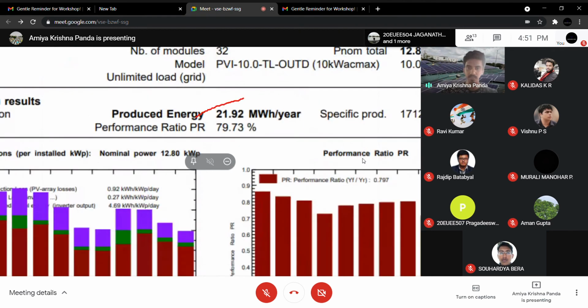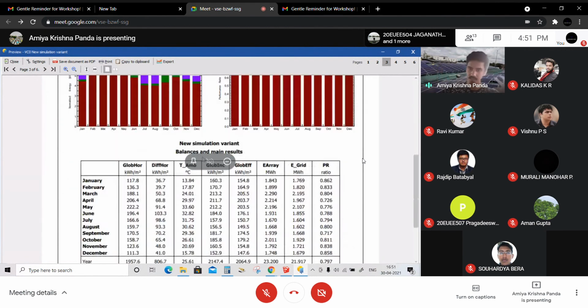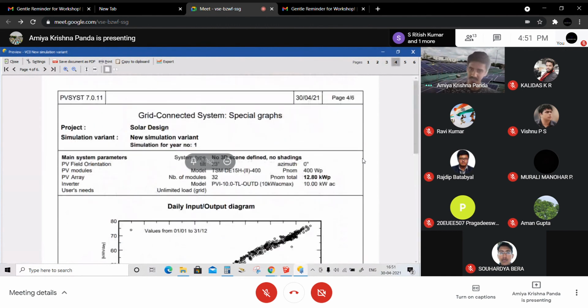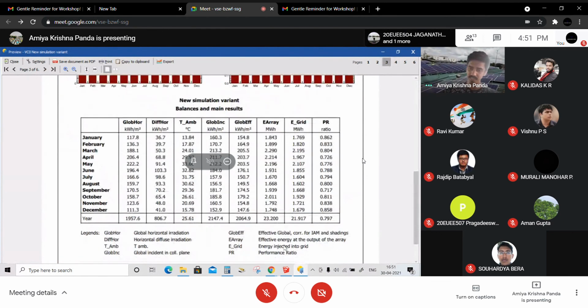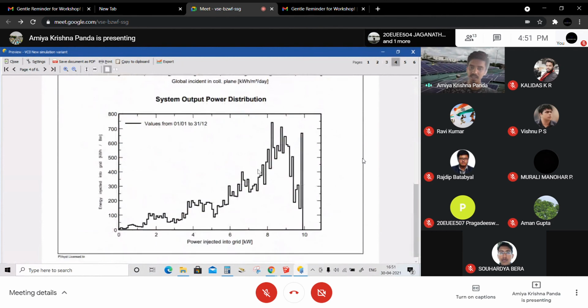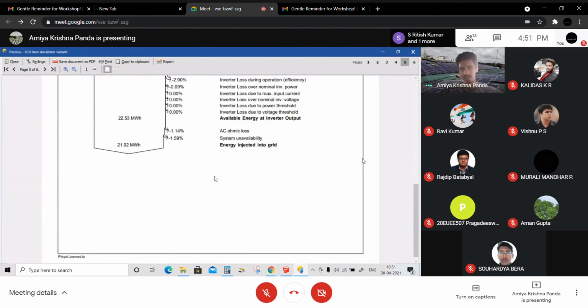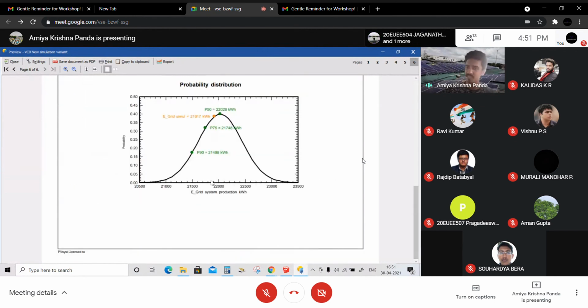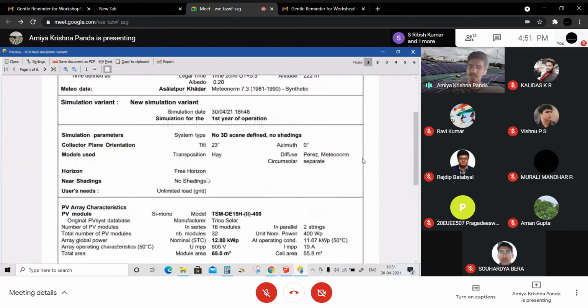And this is the performance ratio. It defines how much input you are getting from the solar and how much output you are finally feeding to your panel or your connected loads. This is the chart. Just try to understand it through the description mentioned below. And this is called the loss diagram. Okay, so that's all from the PVSyst part. In such a way you can create a PVSyst report, right?